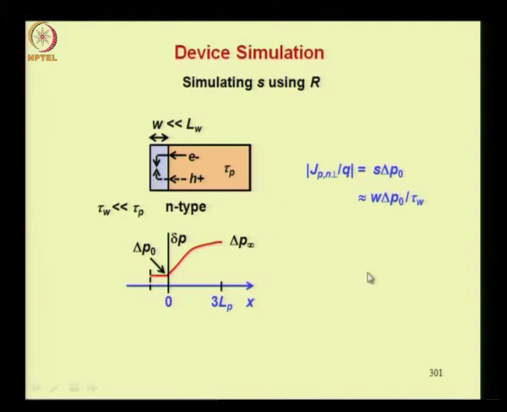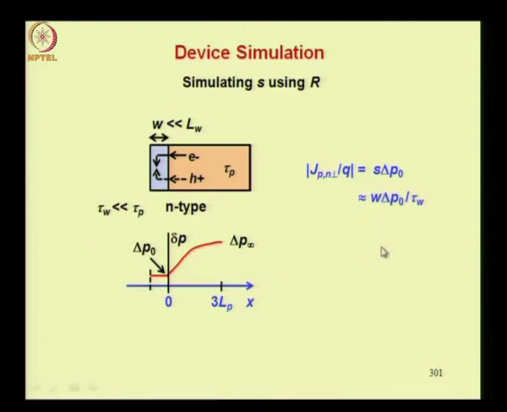So here whenever we talk about the flux, we talk about per unit area. Therefore this is the volume recombination per unit area of this surface. So if you want to take into account the actual area, then this formula would be W into the area into delta P naught by tau W. However, then you will have to change the formula for the flux and you will have to put an area here also.